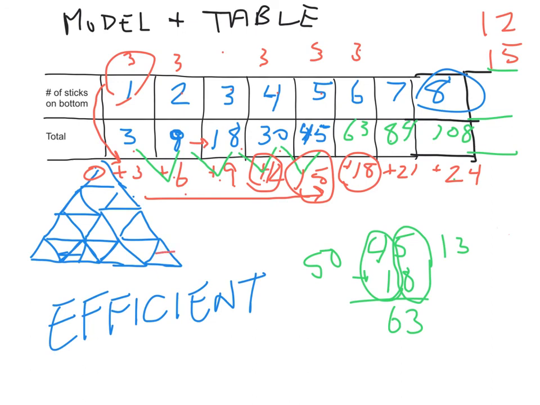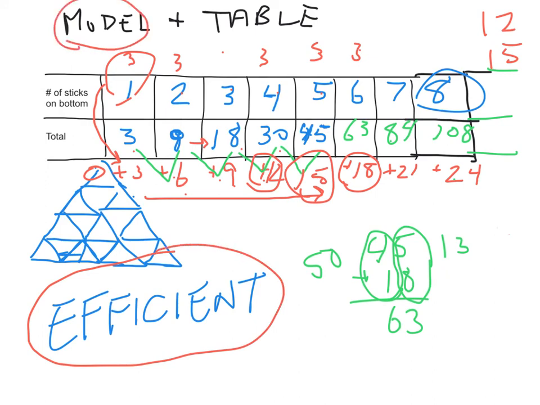But we can see really quickly here, if we start small and we use a model and we use a table to track our results, we can discover a pattern that's going to help us figure it out once we get to bigger and larger numbers. On our problem